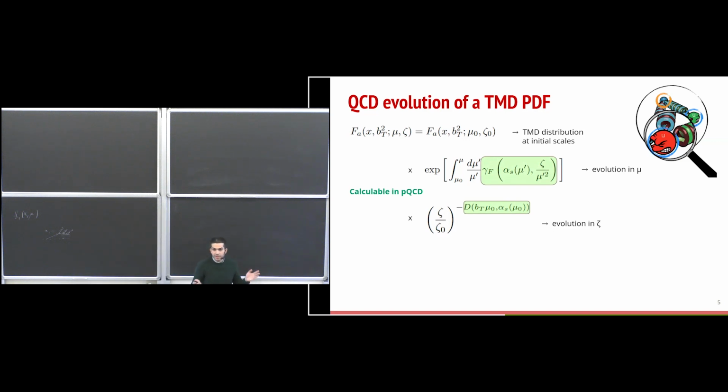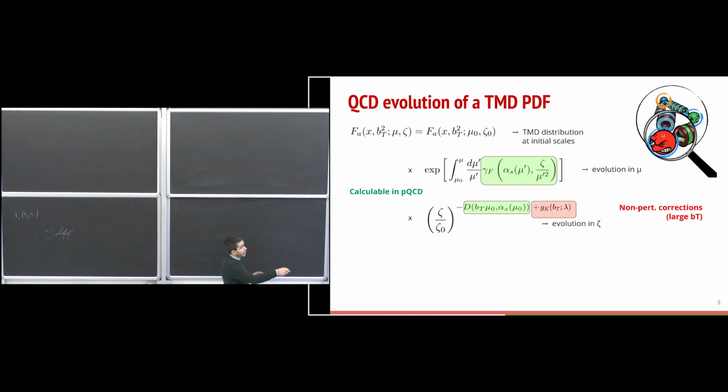So in principle, you can sit down and do your calculation. It takes one month, two months, three months, five years, depending on how many loops you want to put inside the calculation. But then at the end, you get some answer. Okay, so it's calculable. You can do your evolution, and everybody is happy. But